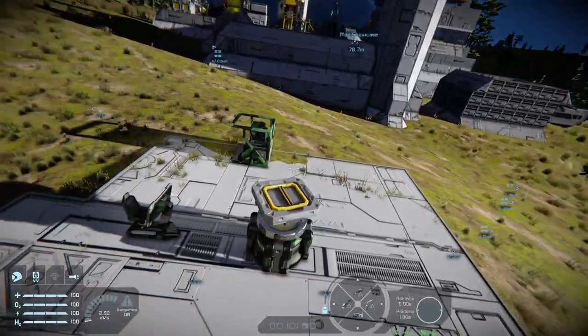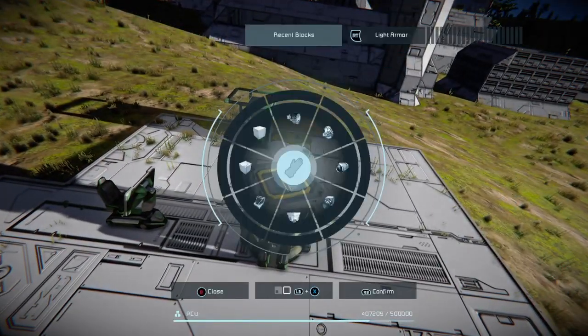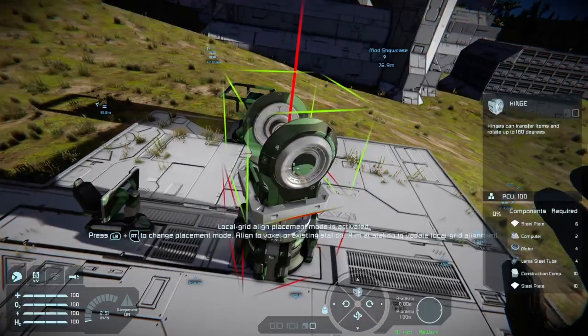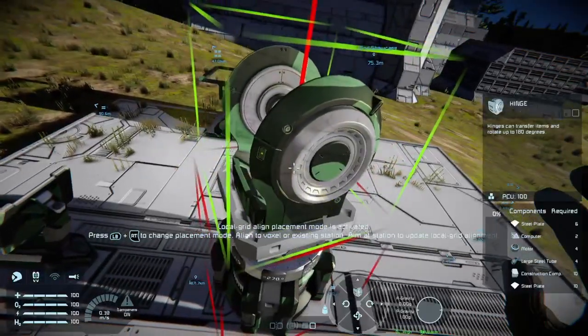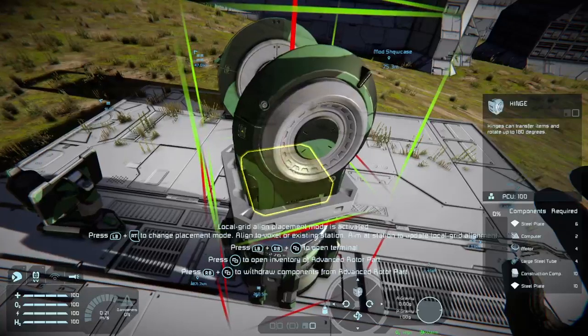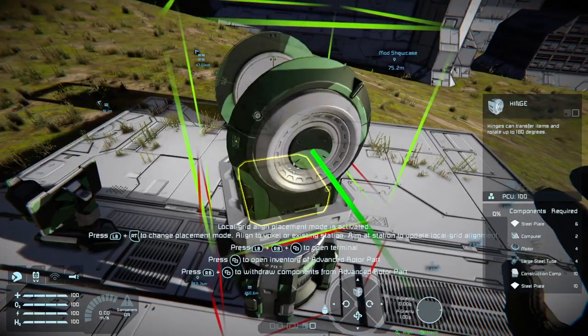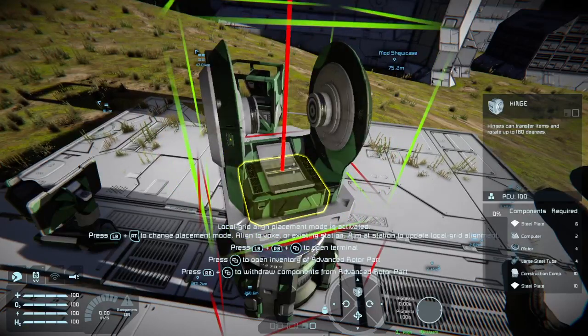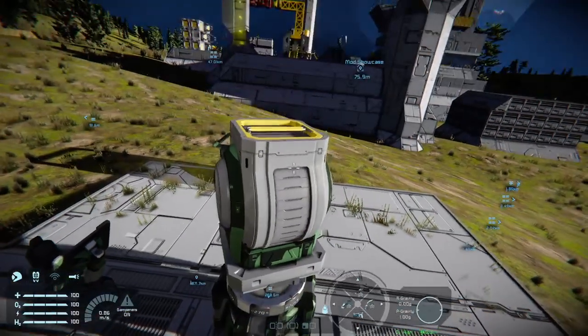This time, this will be more compact. We're going to use a hinge. And as I've said before, when you're placing hinges down, take a look at the little line there. That's your lower limit. So we won't need to set a lower limit on this.